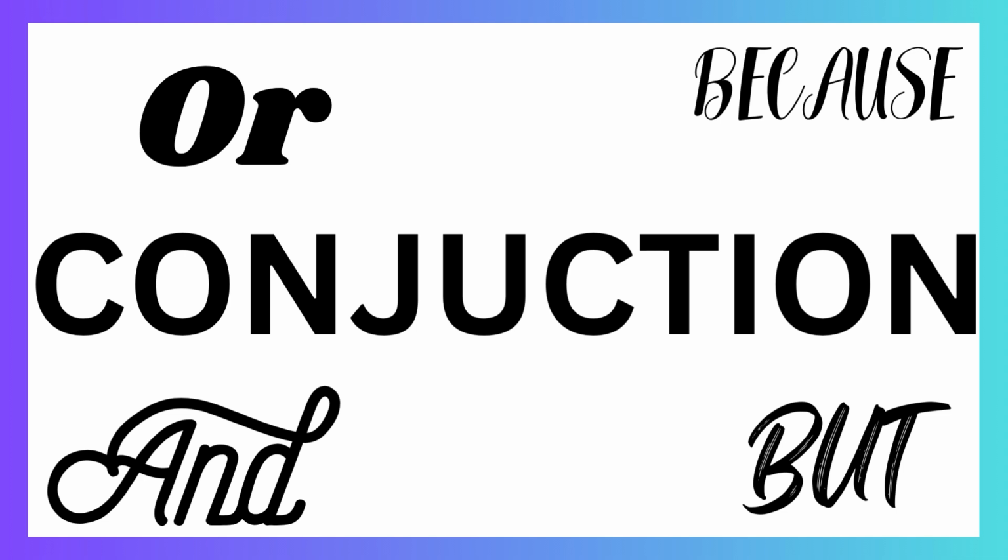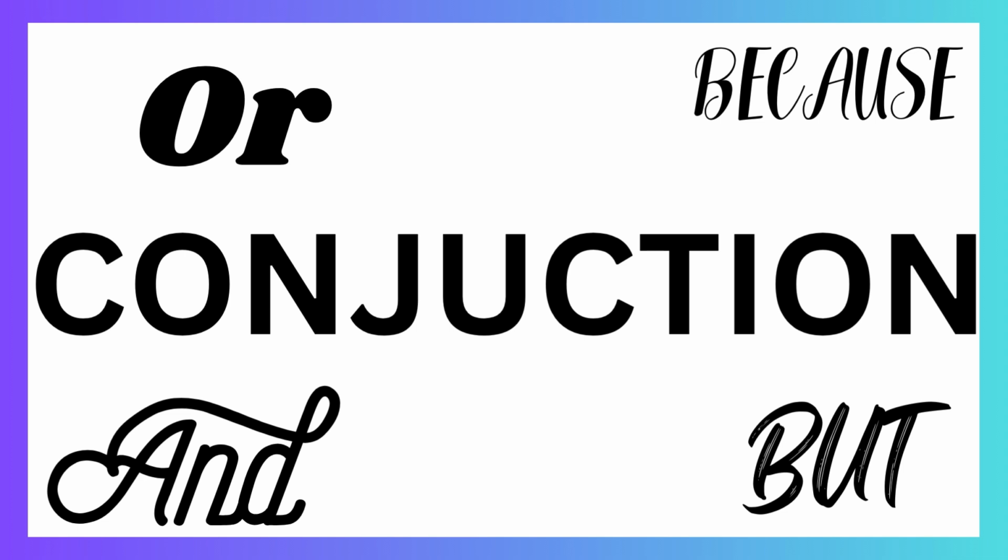Another important rule to remember is that when a subordinating conjunction begins a sentence, the dependent clause is usually followed by a comma before the main clause, as in, "Because she was tired, she went to bed early." Conversely, when the dependent clause comes after the main clause, a comma is often unnecessary, as in, "She went to bed early because she was tired."